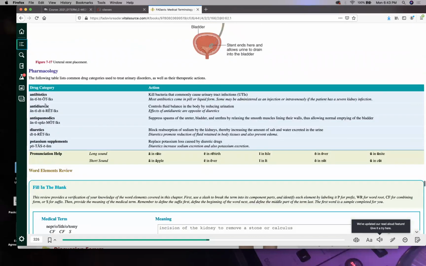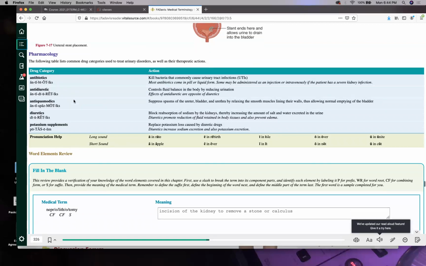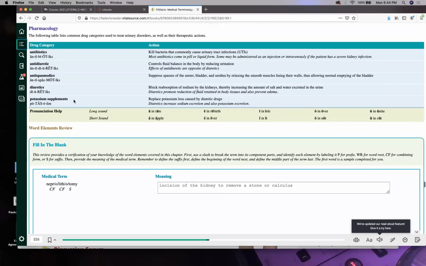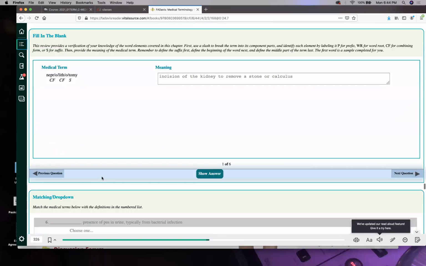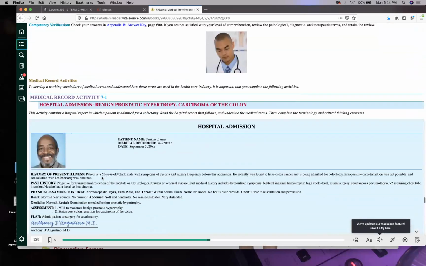Diuretic we talked about, anti-diuretic, right? Anti is against peeing. So your ADH, or anti-diuretic hormone, tells your body not to pee. Antibiotics. The key thing about antibiotics is to make sure that medication is only for bacterial infections. You don't use antibiotics on a virus, and you don't use antibiotics on a fungus, unless you want to get sued.